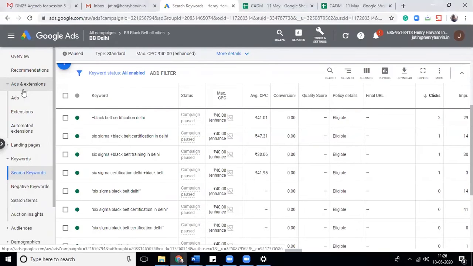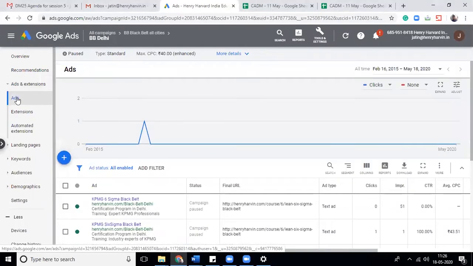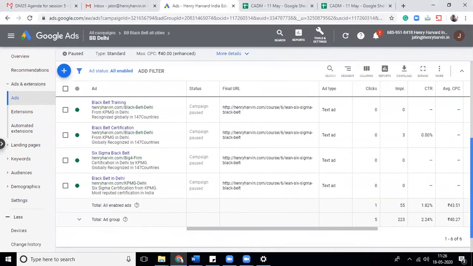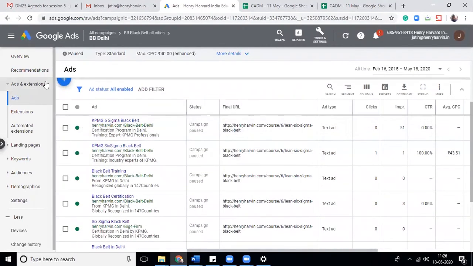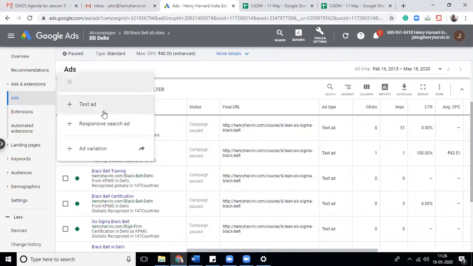How to do that? Click on ads and extensions, then click on ads. Automatically the ads will open and show what ads you were running. When you click on the add button and click on new, there are 3 types. The first is a variation, which you use when you want to use the same ad across the entire account. The other two are text ad and responsive ad.